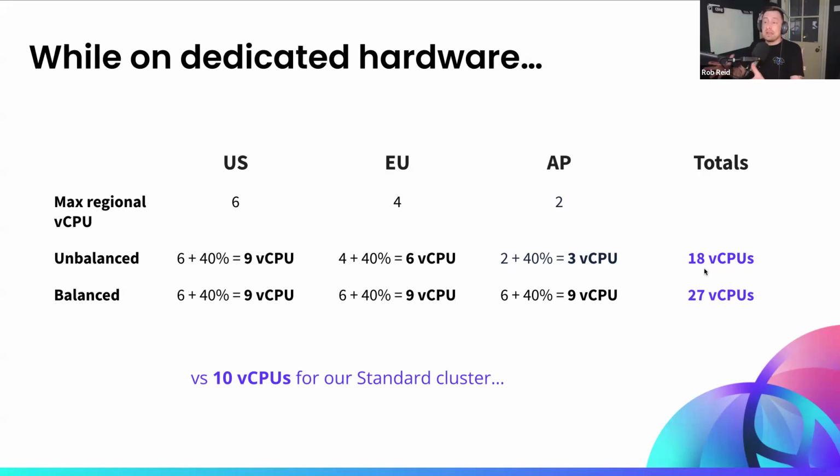We wouldn't recommend running such an unbalanced workload. This is quite an extreme example, but if the US region were to fail, for example, there wouldn't be enough capacity in Europe or Asia Pacific to take over that workload or even to replicate amongst them for global tables. Whereas a balanced workload where you have the same number of CPUs in a node, for example, across each is a much better, safer way to run a cluster, but it would require more vCPUs. Remembering back to our standard cluster, which could satisfy the same workload with probably about 16 vCPUs, adding the 40% headroom.